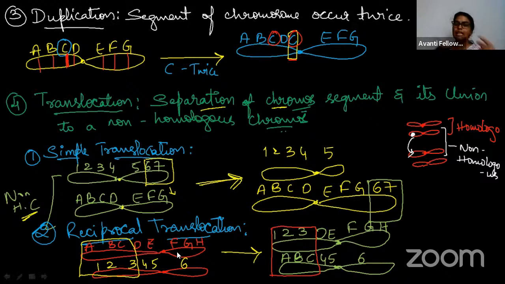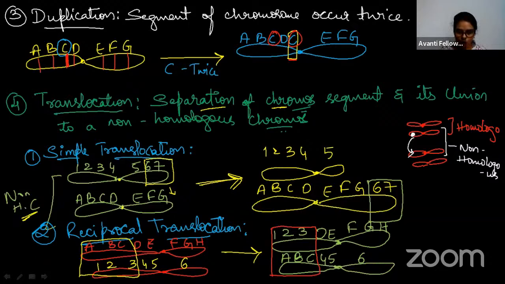There what happens? There is a reciprocal nature. मतलब part of segment is given from here to there, and again the similar kind of segment is received from there to here. Okay, exchange हो रहा है, reciprocal, reciprocate हो रहा है. Okay, so here you can see in the first chromosome I have written A, B, C, D, E, F, G, H. In the second I have written A, 1, 4, 1, 2, 3, 4, 5, 6. Okay, so here what happened?